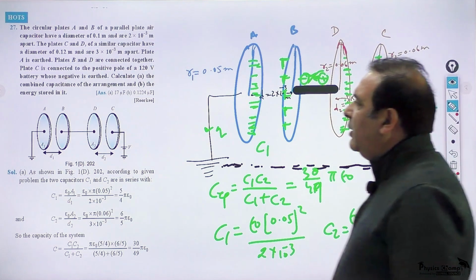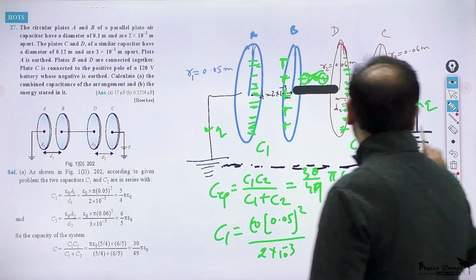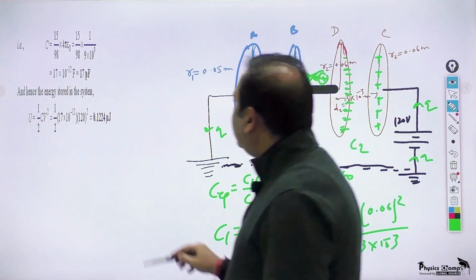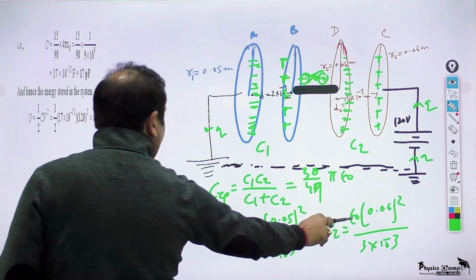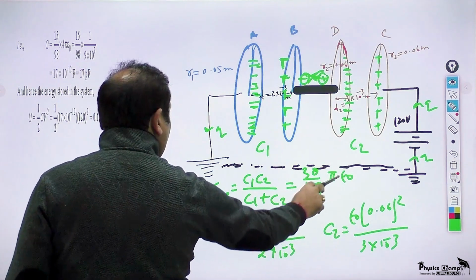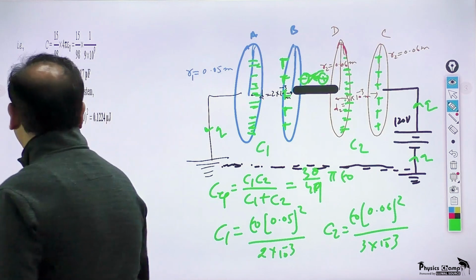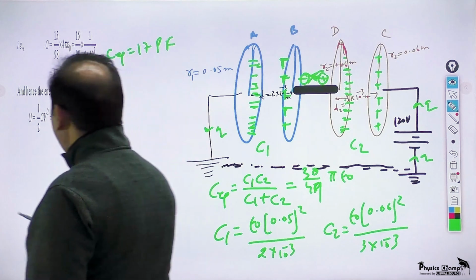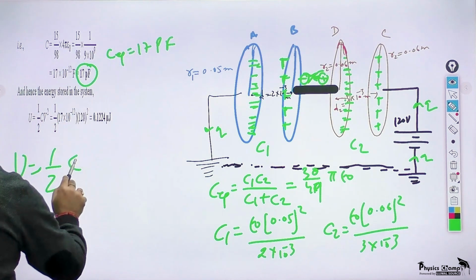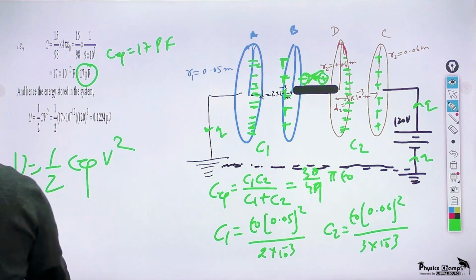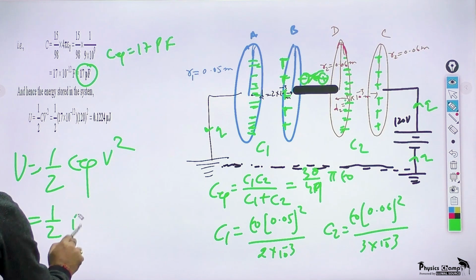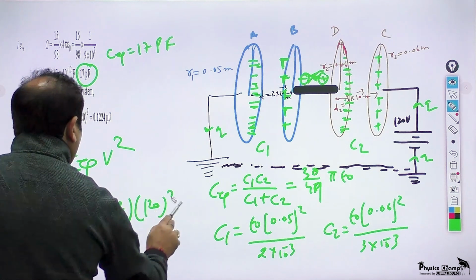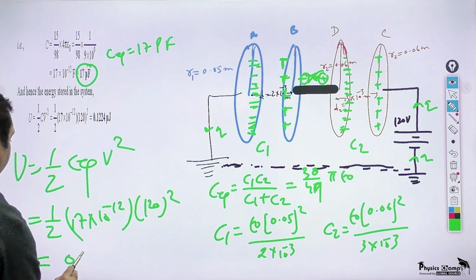B part, find the energy stored in it. So in the B part, we are looking for the energy stored in it. If we put the value of epsilon naught 8.85 into 10 to the power minus 12, pi as 22 by 7, we will get its equivalent capacitance, which is 17 picofarad. Then energy is half C equivalent into V square. So half into 17 picofarad into V square, V is 120 squared. So we will get its energy as 0.1224